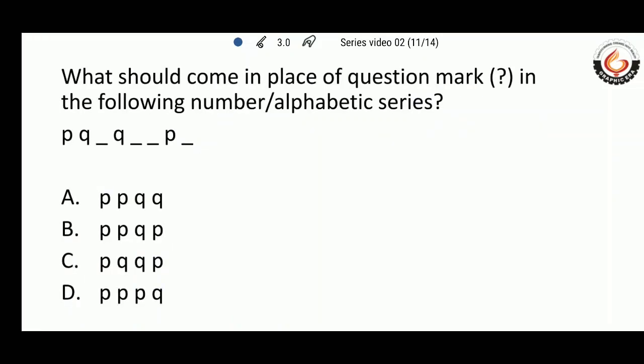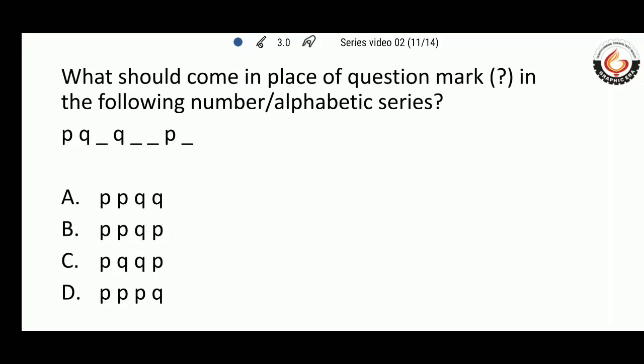Now, this is another type of alphabet series, which we call a letter series, which I said we'll be studying today. In this, we have to complete the series from the given options and check whether a pattern is being formed or not. There is no other option rather than checking from the given options. But how smartly we can play is, initially only we'll come to know whether the option is correct or not.